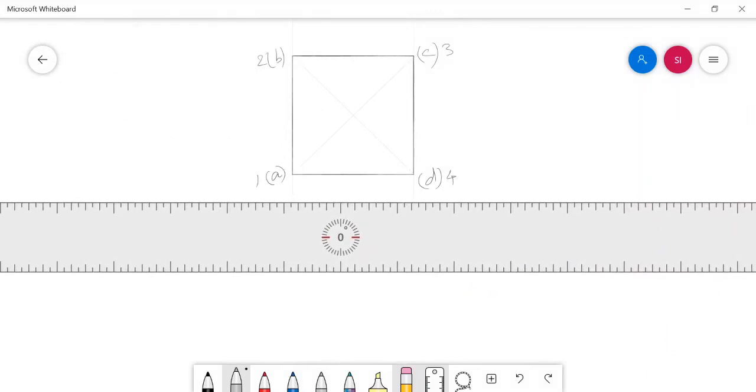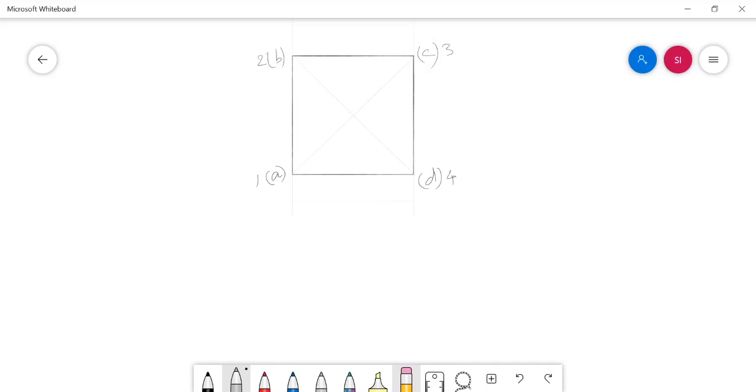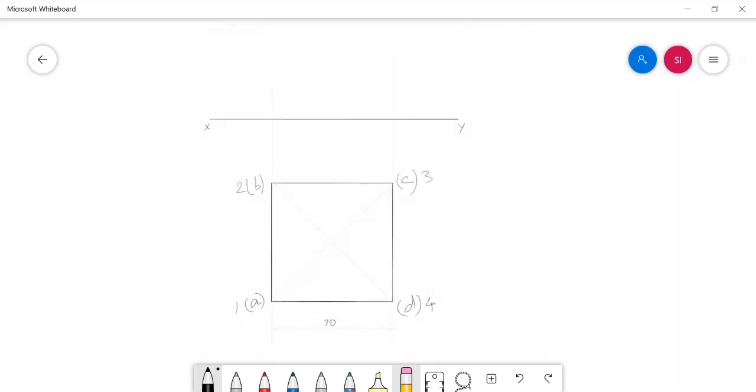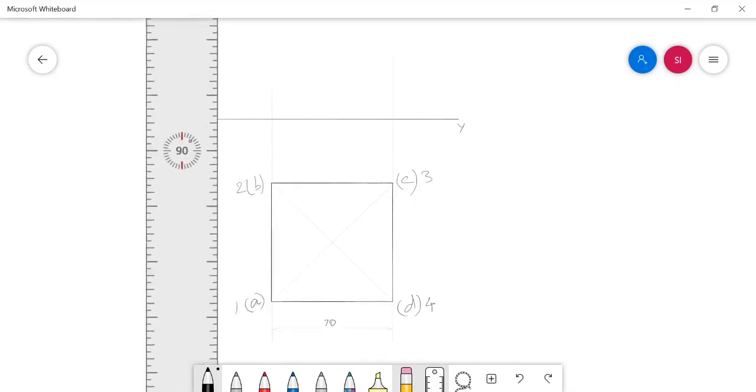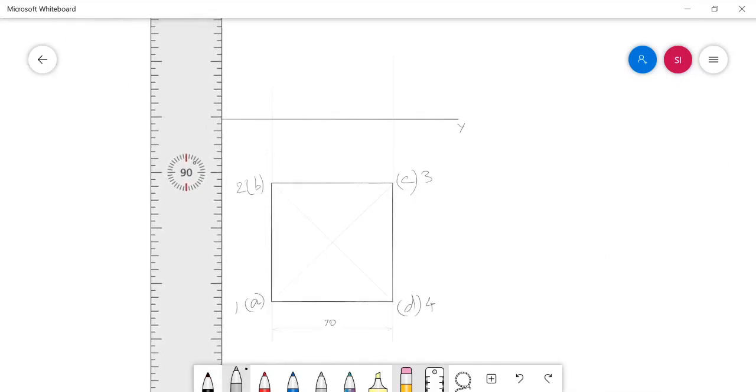The base side length of the square is given as 70 mm, and the thickness of the square slab is given as 25 mm.